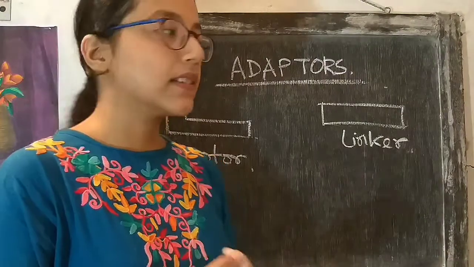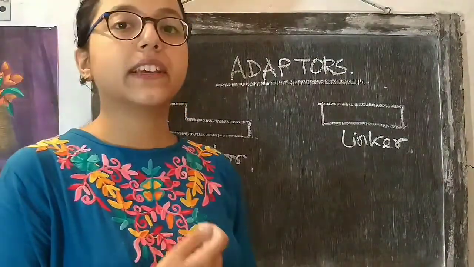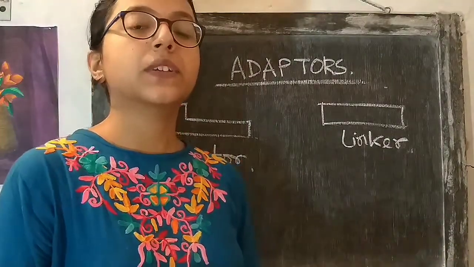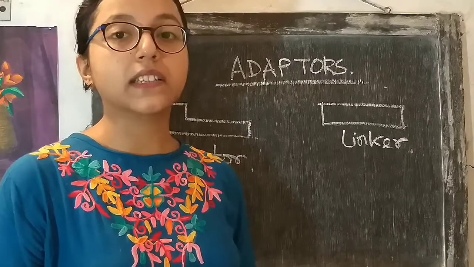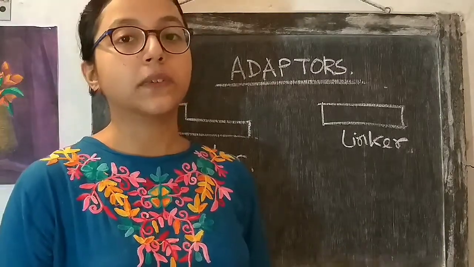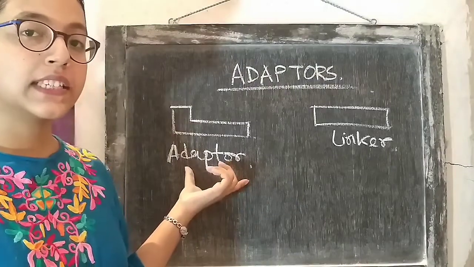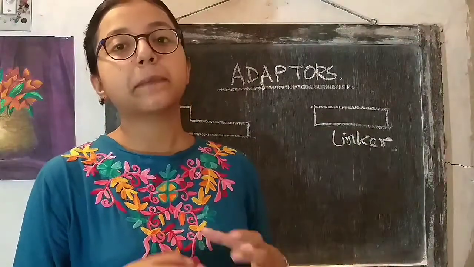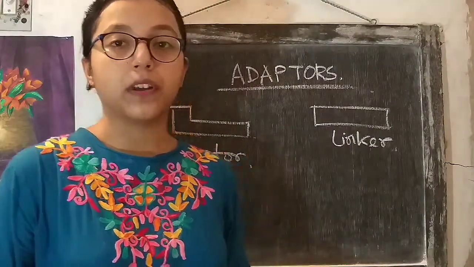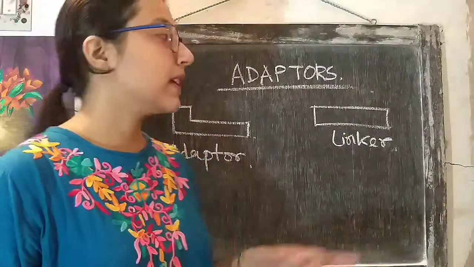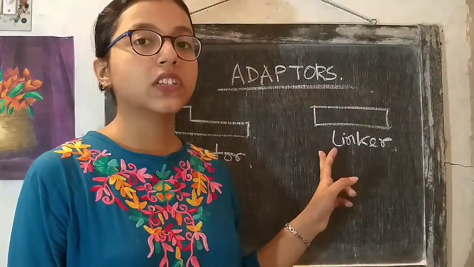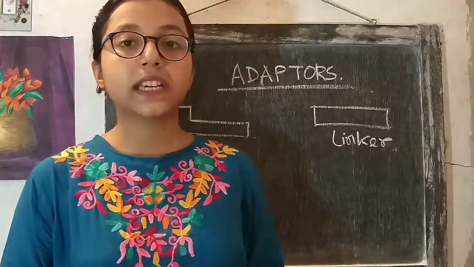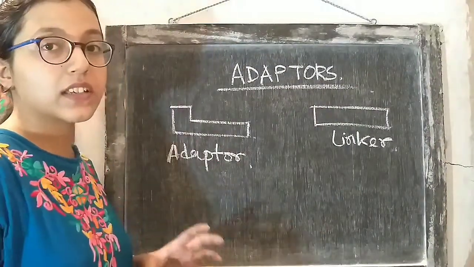So there are two differences. One is that linkers are blunt-ended, whereas adapters are sticky-ended. And the second difference is that linkers contain a restriction enzyme cleavage site within themselves, but adapters do not contain such sequences. These adapters are originally sticky-ended, so if an adapter is directly ligated with the blunt-ended DNA, it can be immediately converted into sticky-ended form. So there is no need of restriction digestion. But in the case of linker, there was a step in which a restriction enzyme was used to cleave the DNA, which in turn converted the DNA into sticky-ended form. But in the case of adapter, no such step is required.